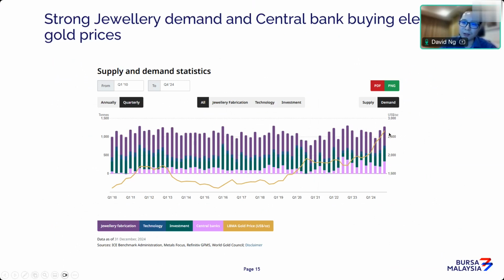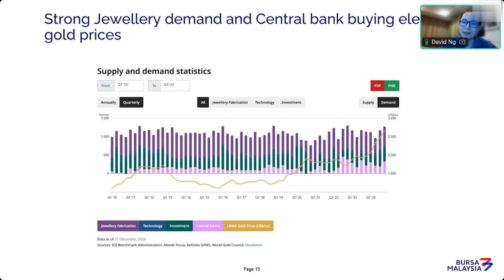So when you start to see jewelry demand come down, I think that's usually an indication that prices may reach a short-term peak in bullishness, and that's where you need to be careful. In terms of factors to watch out for, demand is a crucial thing, especially for the gold market. And jewelry is the way we see it, the demand is probably going to taper off because India is very price sensitive, and I don't think they're willing to pay record prices for jewelry. So I think that's something to watch.